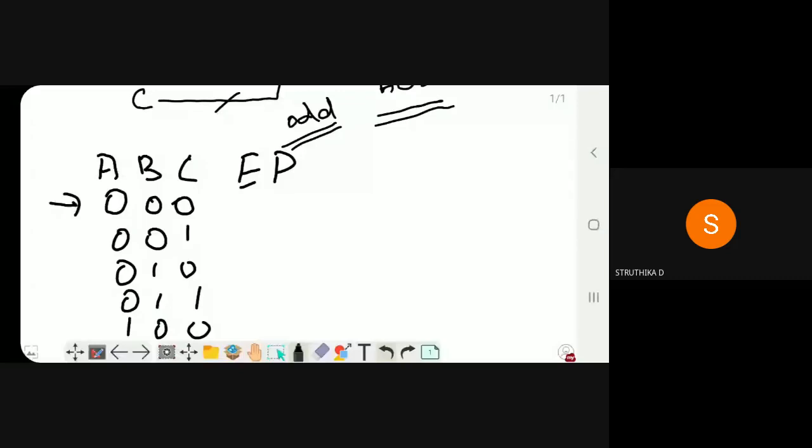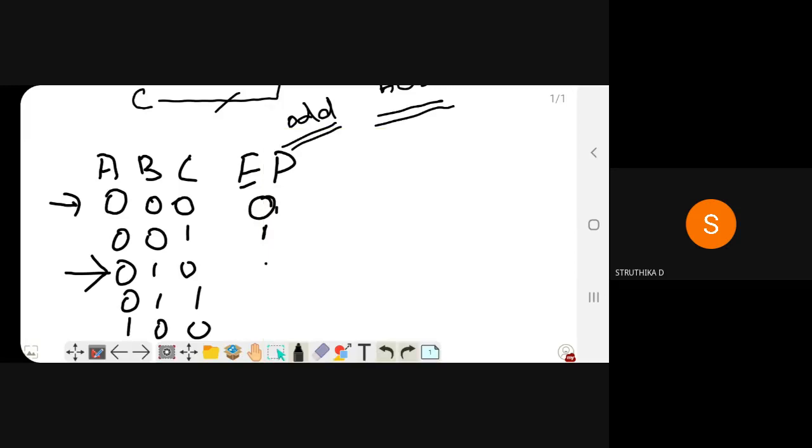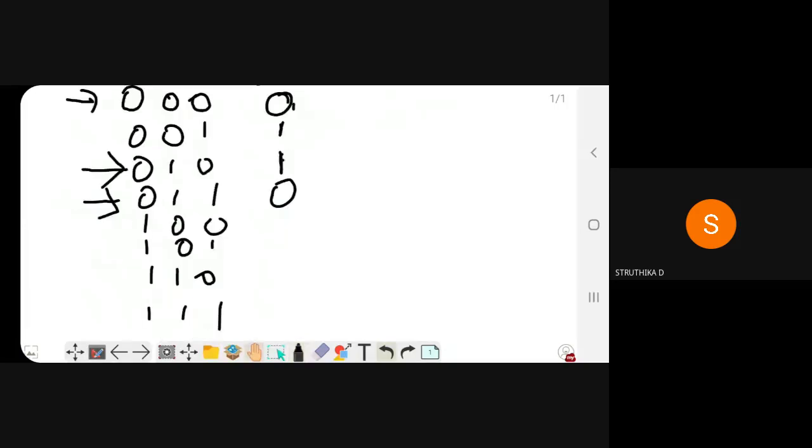So I want to put 0 here. Next, odd. Odd, ma'am. So to make it even, I want to put 1. Next one, odd. Here it is an odd number of ones, so I want to put 1 to make even parity. Next, you will have an even number of ones, so I want to put 0. For the next value, it is an odd number of 1s, so I want to put 1 here.